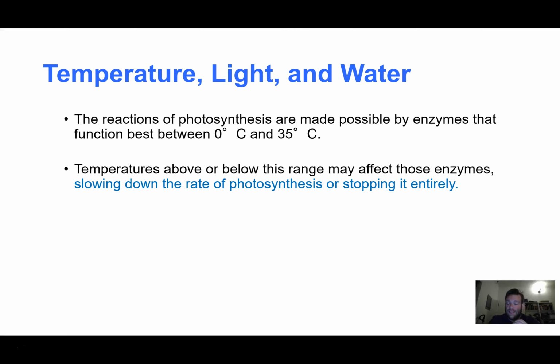So this is why, for example, during winter, you're going to see plants break down their photosynthetic pigments and store them for later, because the temperature outside is too cold for them to effectively carry out photosynthesis. Okay, so like in our angiosperms, those plants that don't stay green year round, they'll do that. They're like, why am I trying? There's not enough light. The temperature's too low. The enzymes don't function very well. So let's just break it down,